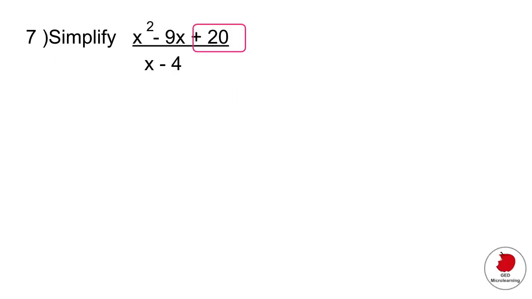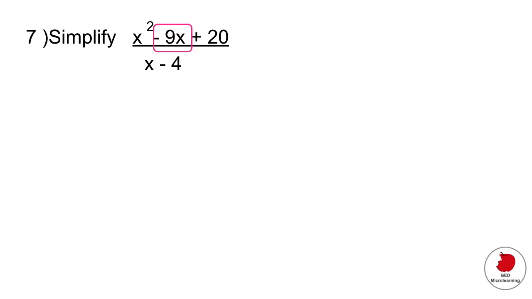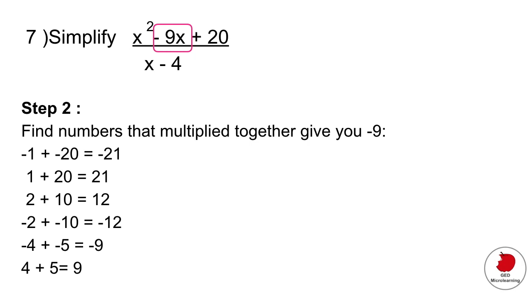All right, so step 1, we want to find the factors of positive 20, meaning the numbers that multiply together would give you positive 20. And here they are below. And then the second step is we want to look at the middle number, the negative 9x, and find the previous numbers that, when added together, that's a mistake, not multiplied, but when added together give you negative 9. Okay, so you can see that there at the bottom,